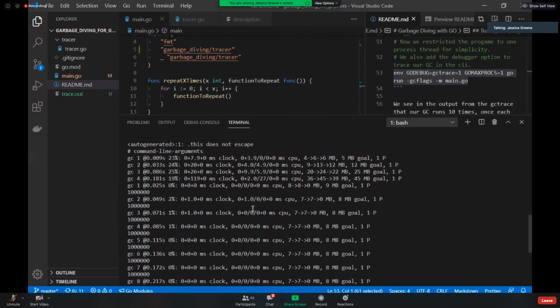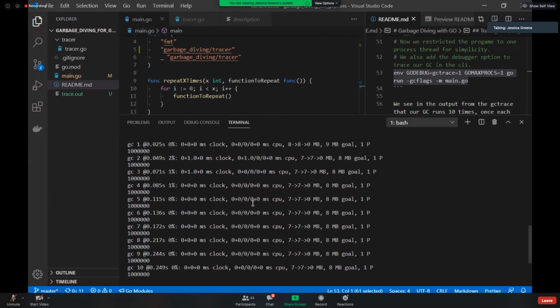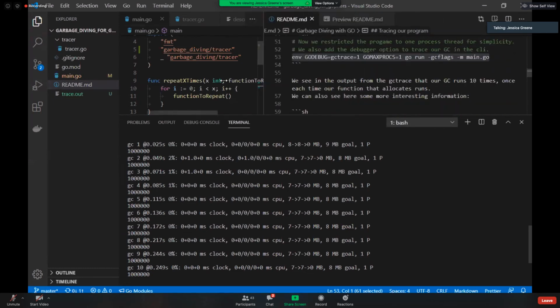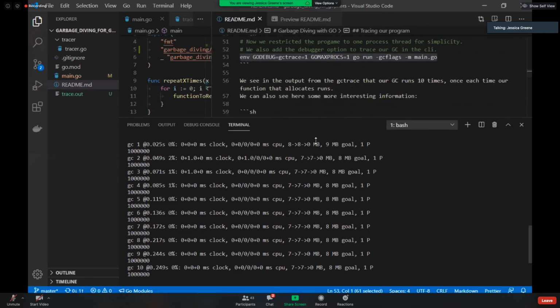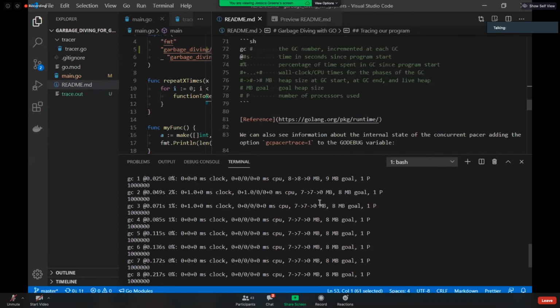So what we see in this output is, first of all, a little overwhelming of different numbers, but it is actually quite interesting information. And there's a key in the documents that I've also included in the README that allows us to see what it's referring to. So the first number is which garbage collection it is.